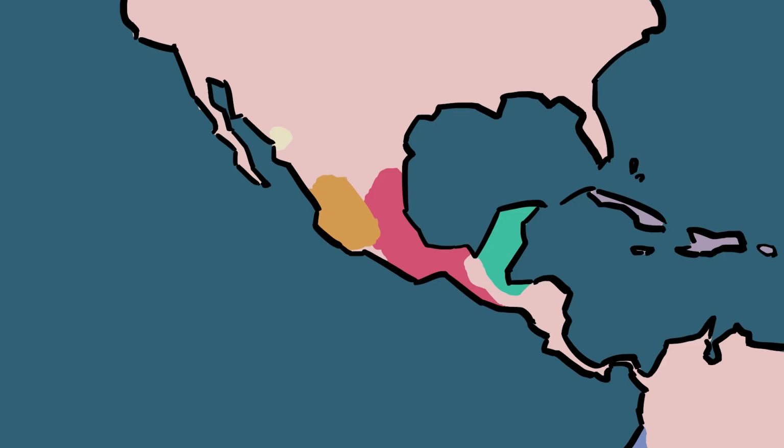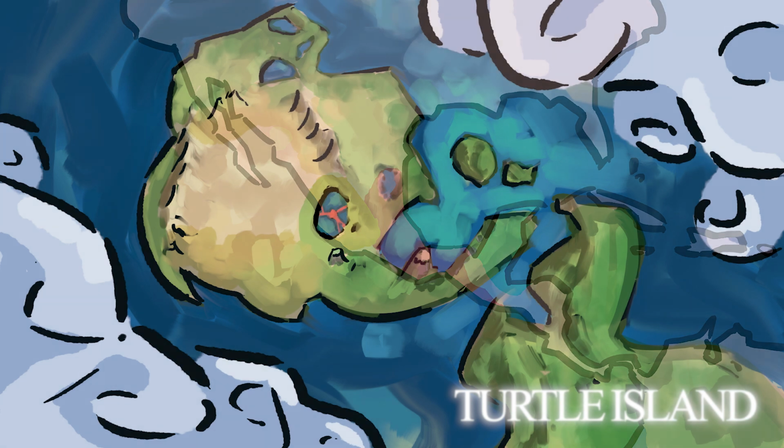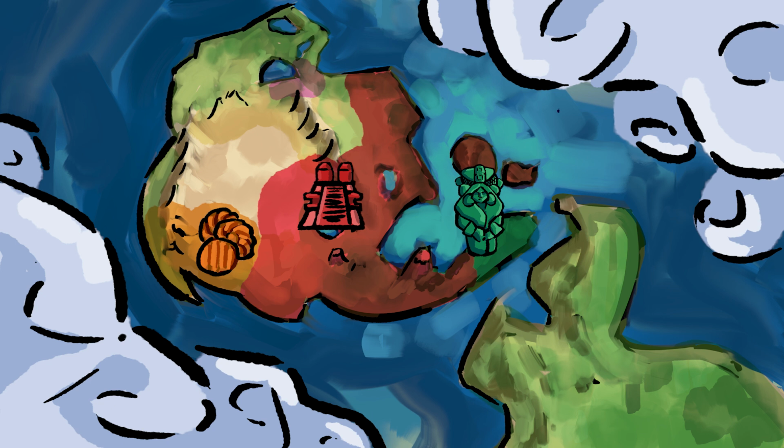So I started making a world that these characters could exist in without straight up stealing the real world equivalent of Mexico. I'm codenaming it Turtle Island for now, based off of First Nation mythologies. Keeping the cultures basically in the same place, whilst changing boundaries up a little bit, just for the storytelling purposes I want to do. I'm going to put up all my characters kind of where they correspond to where their story's placed in. And as you can see, I have no Western culture so far, none of the Western territories so far. Most of these are Aztec and Mayan based, but I do intend on telling a story from Western Mesoamerica.